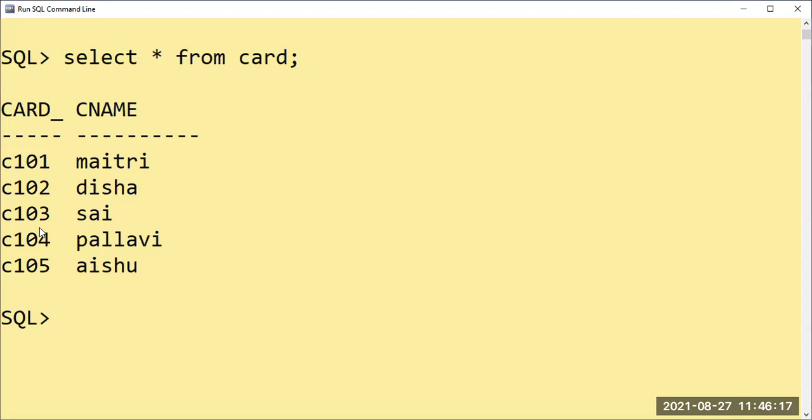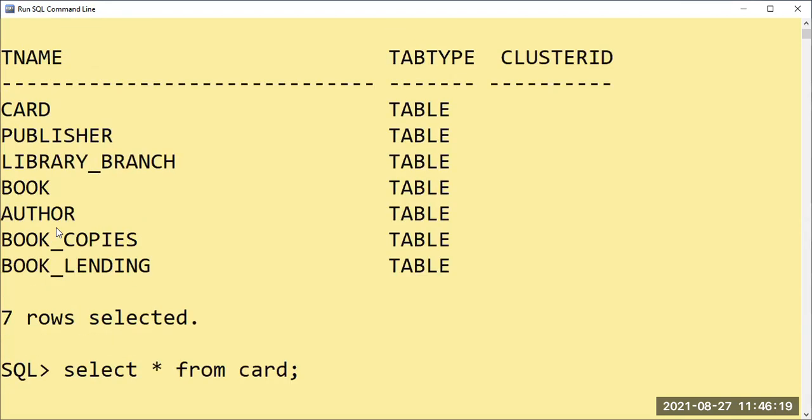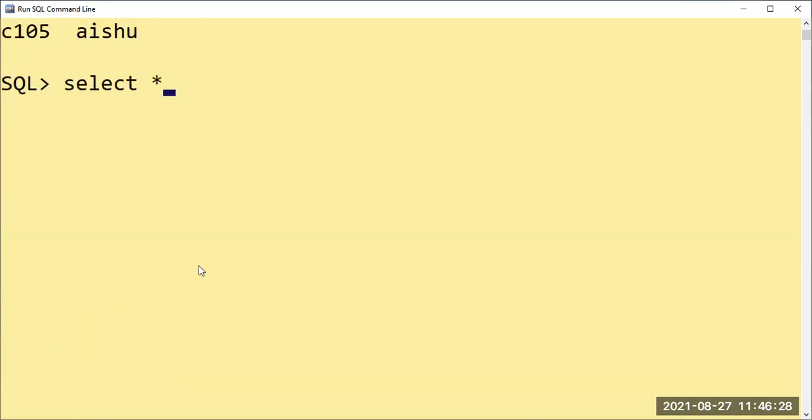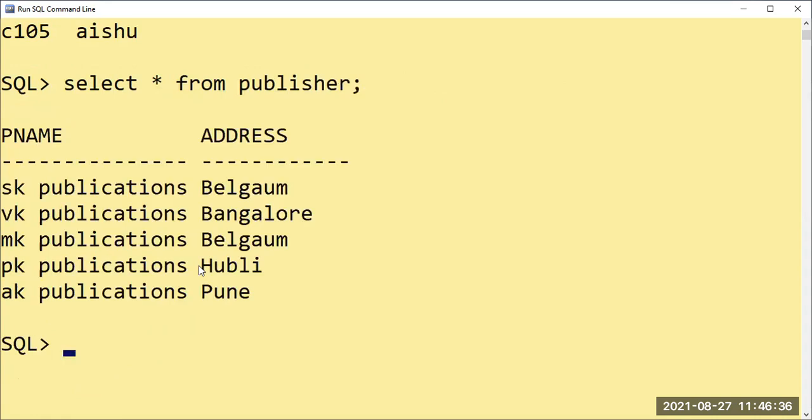Okay. Next table is publisher. Select star from publisher. So I have the publisher table here.